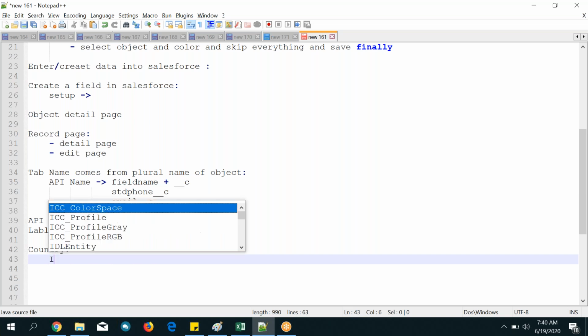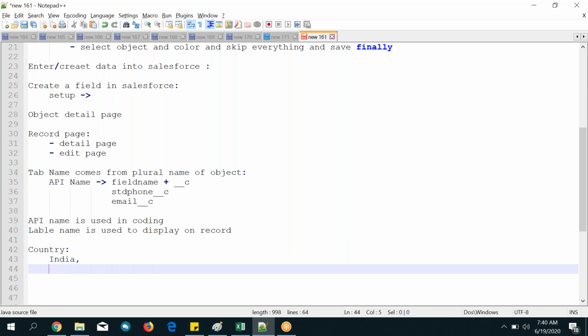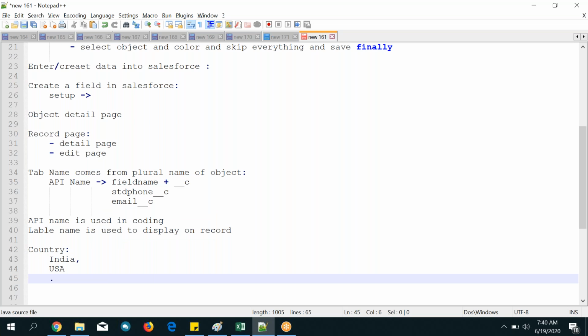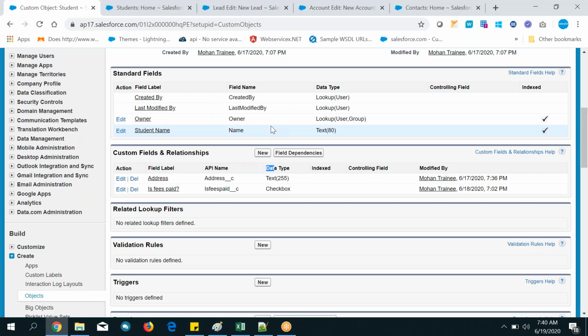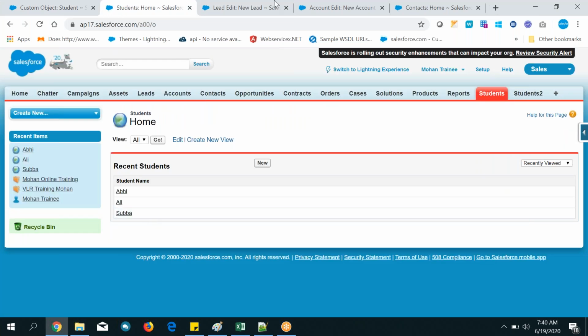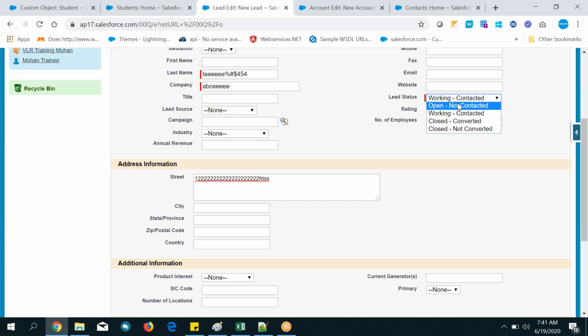So many countries are there. India, USA, UK, China, Pakistan, Britain, Italy, whatever it may be. So many countries are there, right? I want to store all the countries like this.